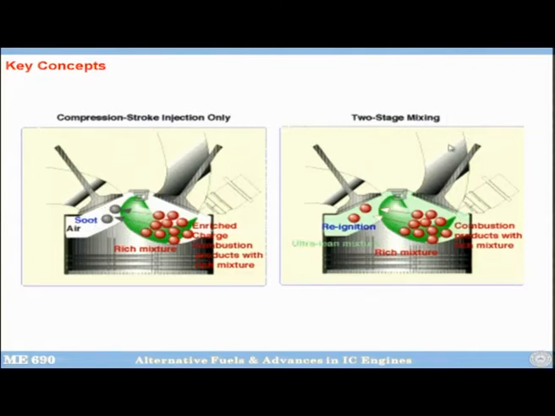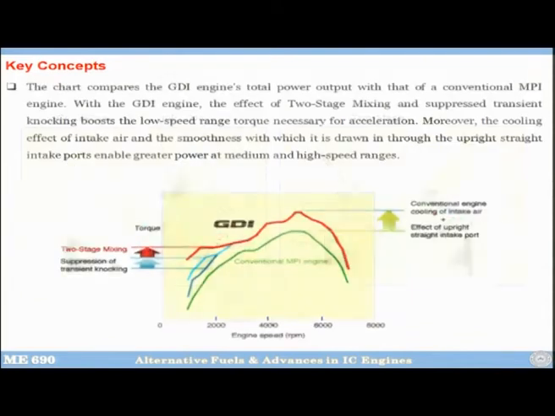On the other hand, when you are doing two stage mixing, one quarter of the fuel has been put and it makes a very lean mixture which will not burn under ordinary circumstances. And then you are injecting this fuel, the soot formation takes place, and then the soot migrates sidewise. There is already some fuel, and once the soot migrates, it enriches the fuel air mixture strength and it starts burning. So then combustion will take place, so soot will burn, and also this fuel that is present here will start burning. So this is how we control the soot formation.